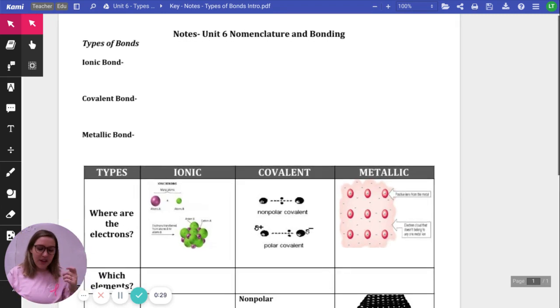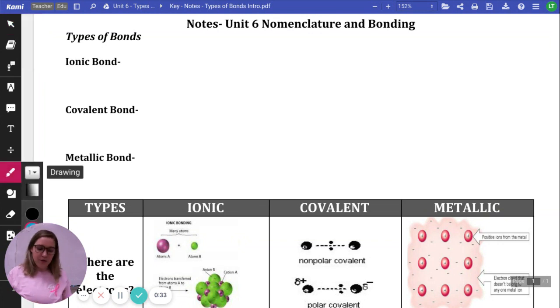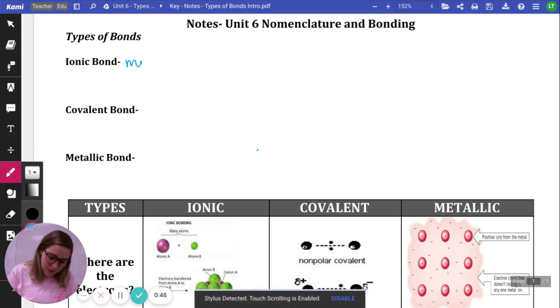So let's get started. First things first, guys, there are 3 types of compounds, like I just said: ionic, covalent, and metallic. So we're going to start by talking about ionic bonds. And an ionic bond is formed between a metal